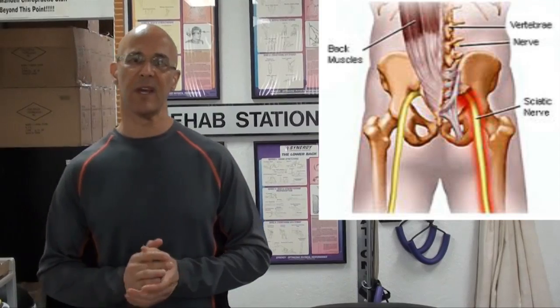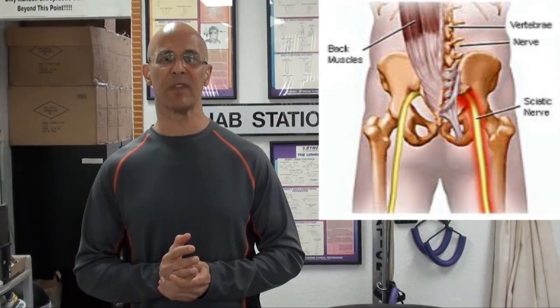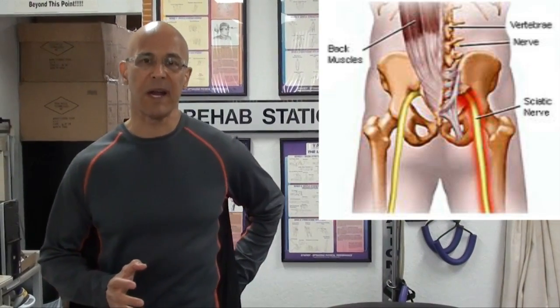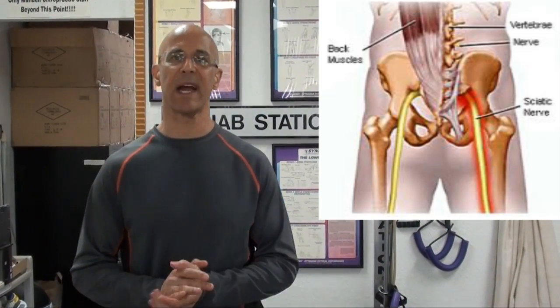as well. Now, the sciatic nerve is the largest, fattest nerve in the body. This nerve runs from the lower back, down the buttocks, down the leg, all the way down to the toes. This is when you may complain of tingling, burning, aching, tiredness, cramping, anywhere down the back of that leg. And once it gets below the knee, you can feel it anywhere in the lower leg as well as the